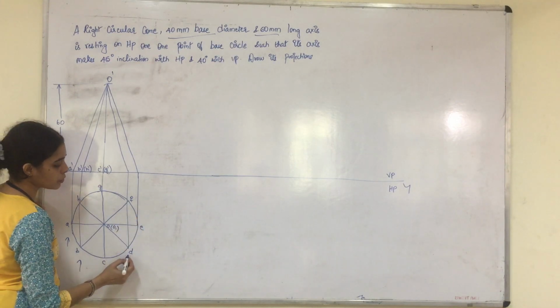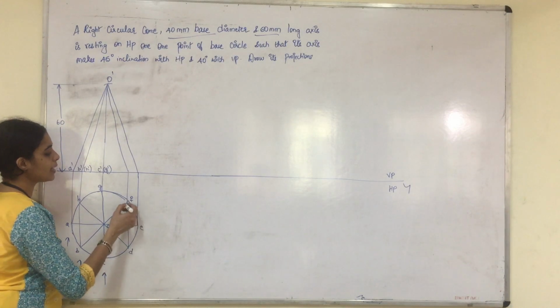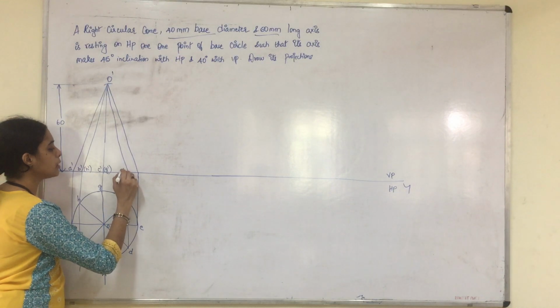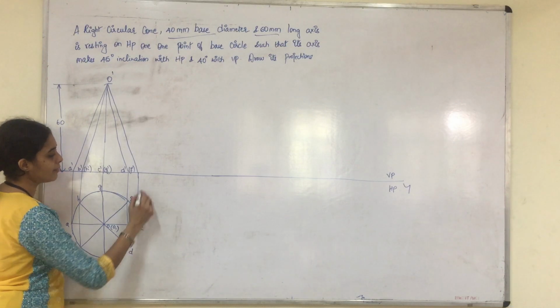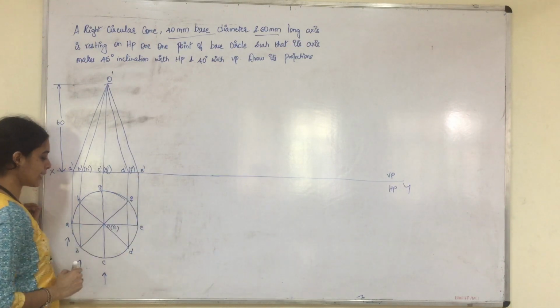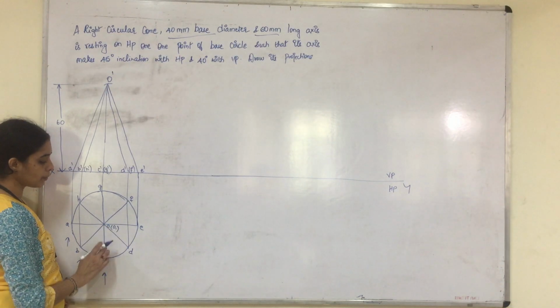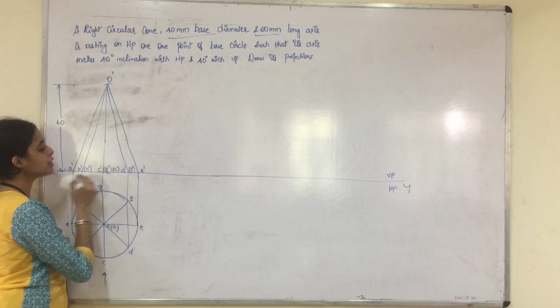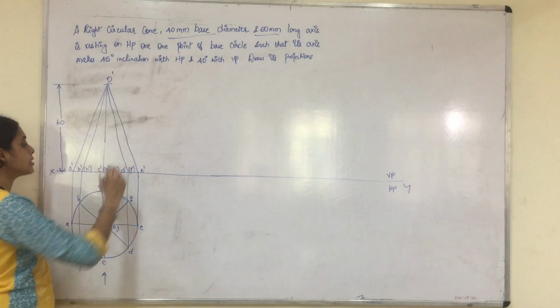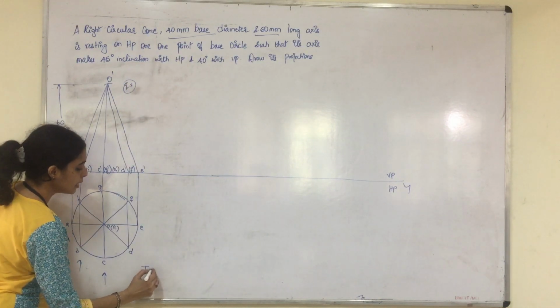And again when the observer views from here, D and F will be along the same line. D will be visible and F won't be visible. So you will write D dash and F dash within the bracket. Similarly, when the observer views from here, E will be visible, so you will write it as E dash. Apart from that, we have the center O1. When you view from here, O1 will not be visible, so you will write O1 dash within the bracket. So this completes the first stage, front view and the top view.